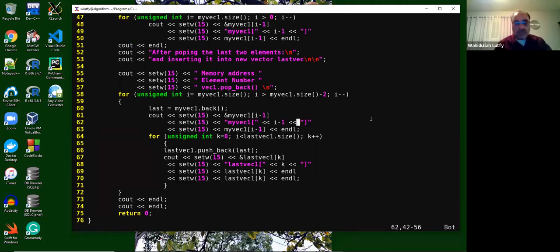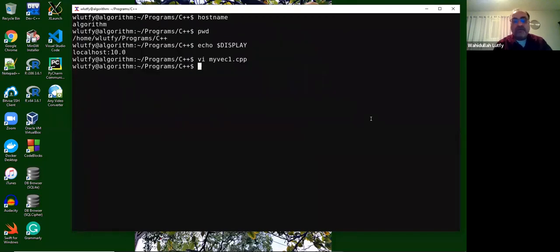Let me see the timing. We have good time. So I'm going to stop showing you on example 1. I'm going to say WQ and I'm going to compile it now. In order to compile it, as you all know, it is g++ -o for output executable, my vec1 is the executable, my vec1.c++. This is saying generate and create an executable file called my vec1, a binary executable file, from this source